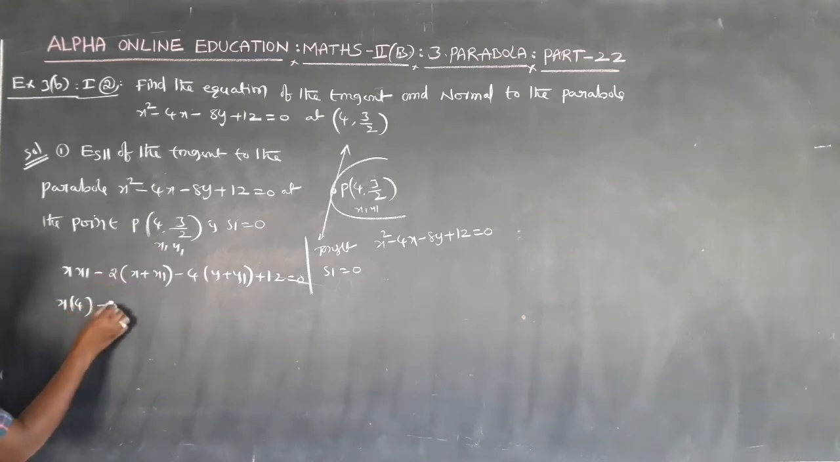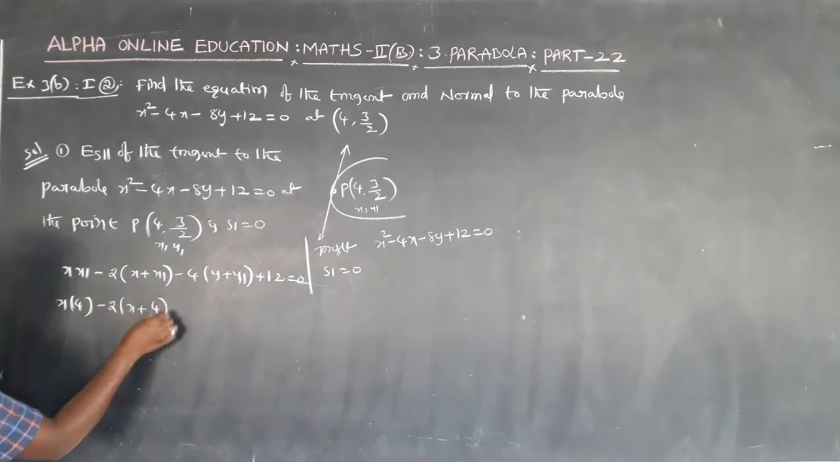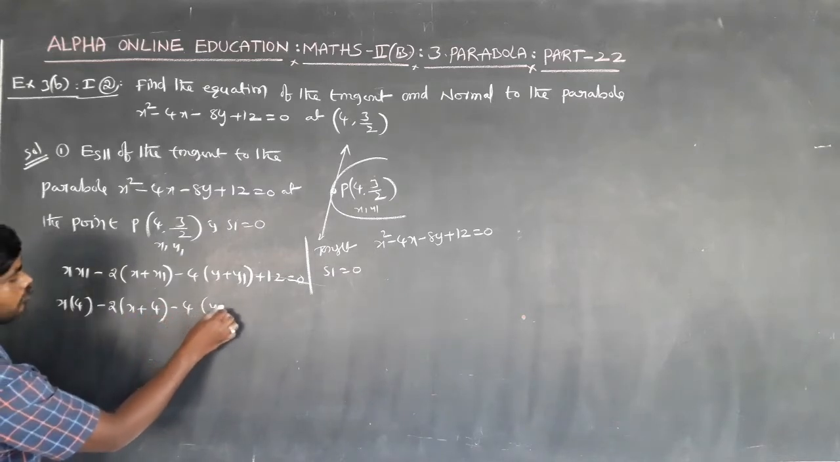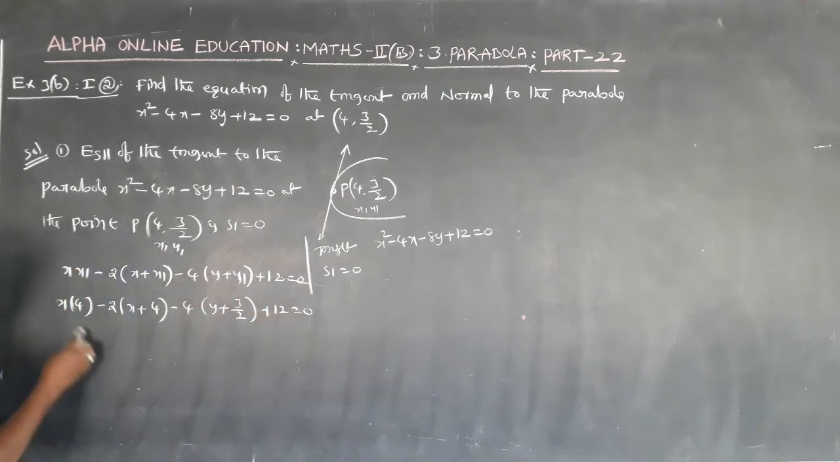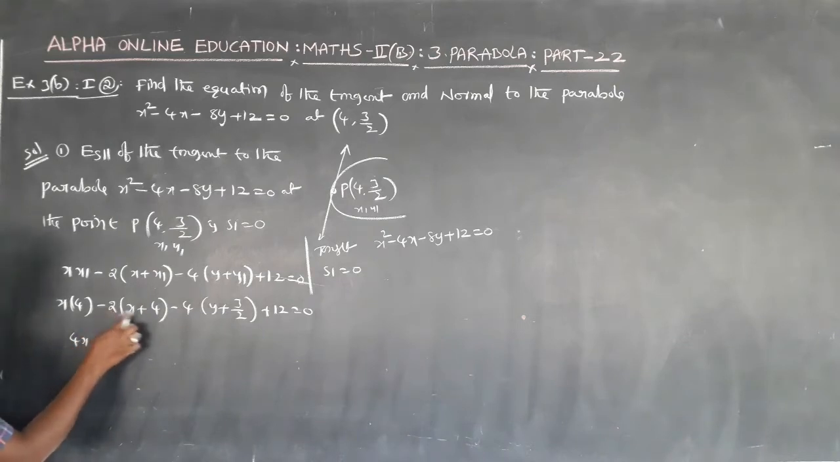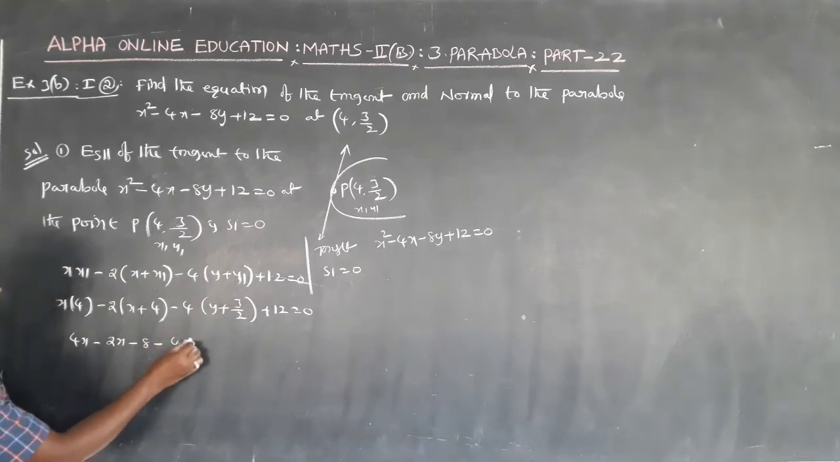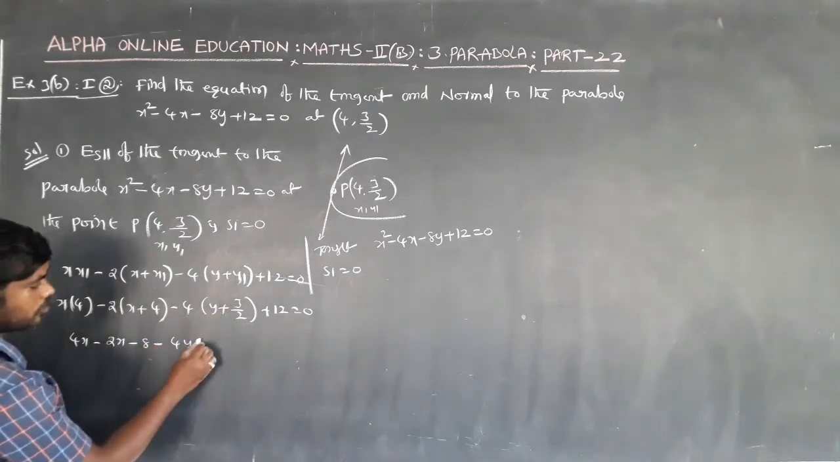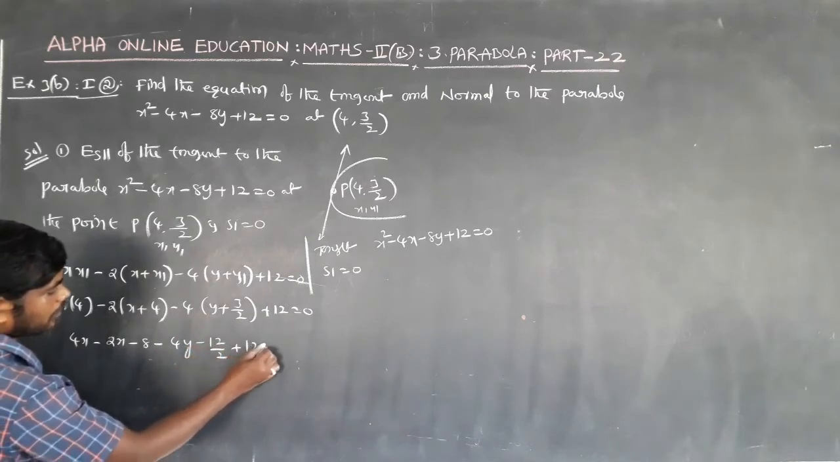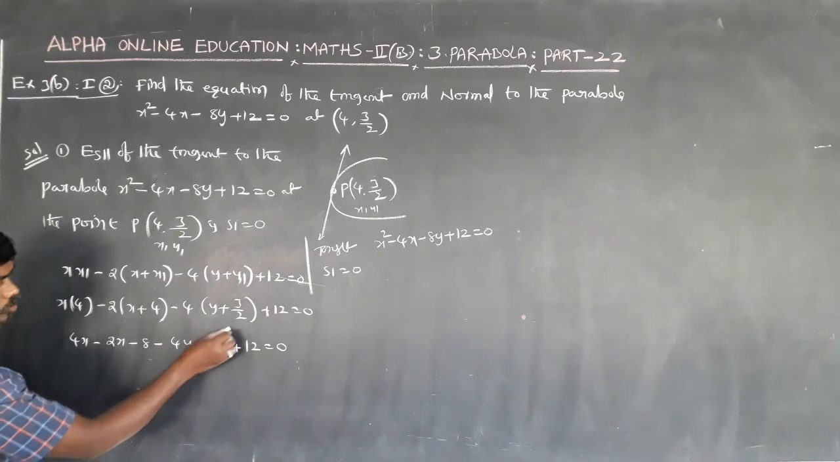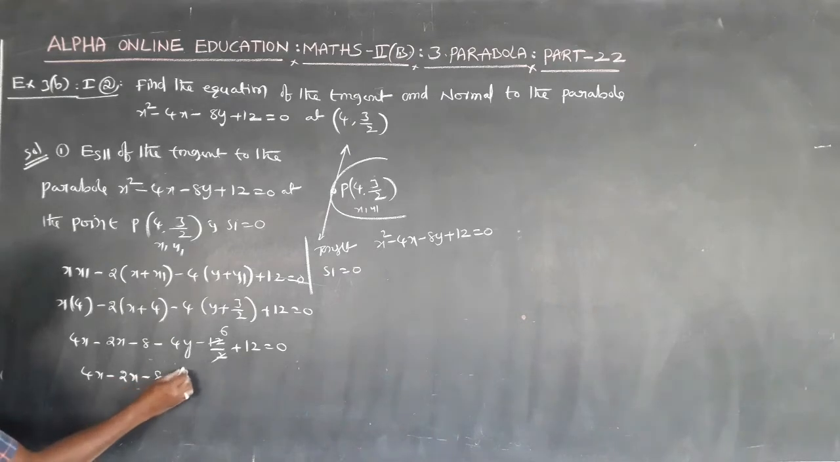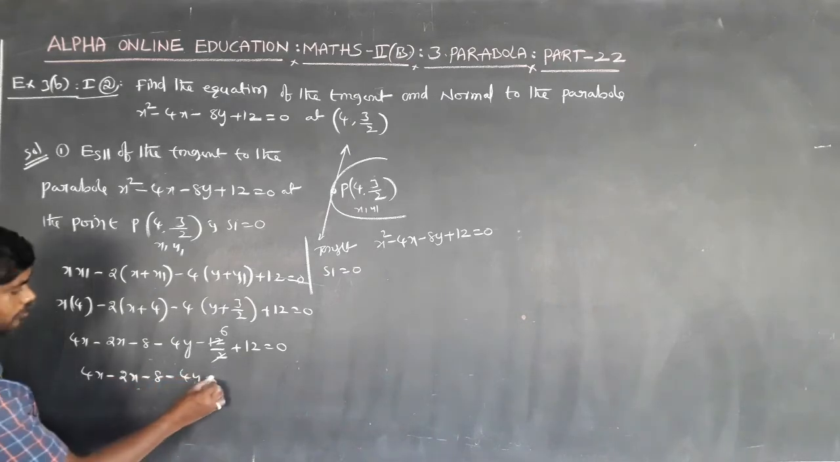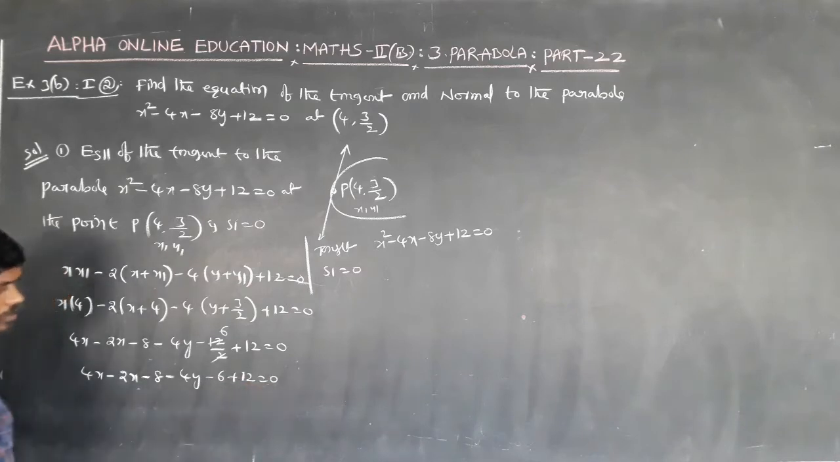x1/4 minus 2 into x plus x1/4 minus 4 into y plus y1/3 by 2 plus 12 is equal to 0. X into 4, 4x, minus 2 into x, 2x, 2 4s are 8, minus 4 into y, 4y, minus 4 3s are 12 by 2 plus 12 is equal to 0. 2 1s are 2, 6s are 4x minus 2x minus 8 minus 4y minus 6 plus 12 is equal to